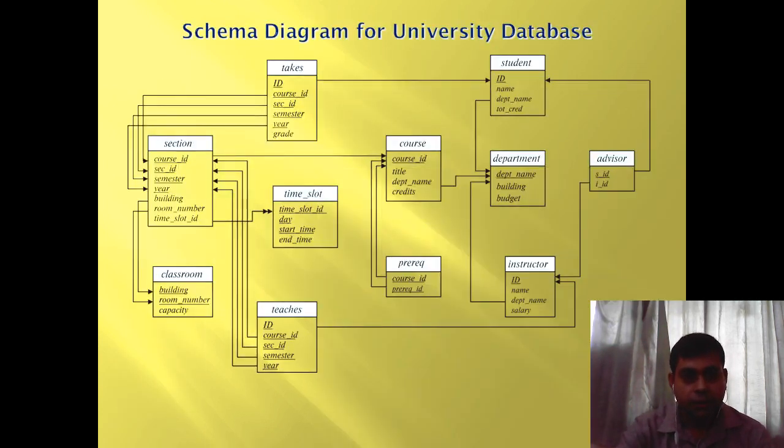Now this is a schema diagram for the university database, just for the sake of understanding how the schema diagram is created. Now this is the logical structure. When we talk about the physical schema, then we simply write the schema name, and within opening and closing parentheses we put the specific attribute names. So this is the diagrammatic view. Okay, and we have all the important entities with their attributes and the relationships between each one of them. So you can just take note of this particular university database schema diagram.